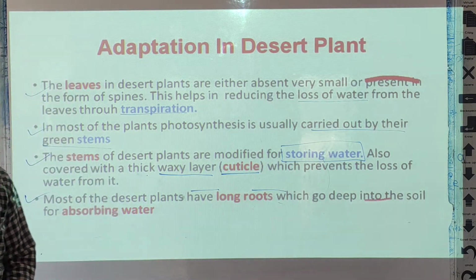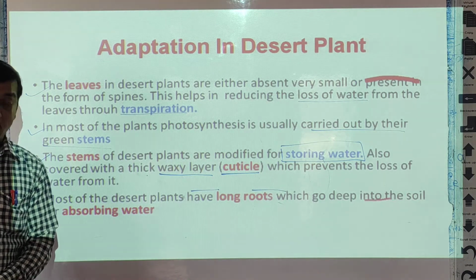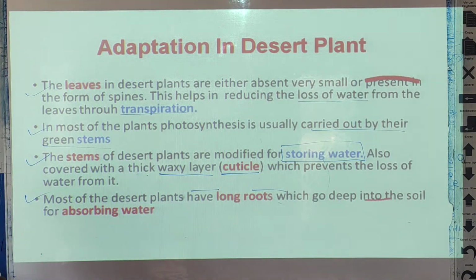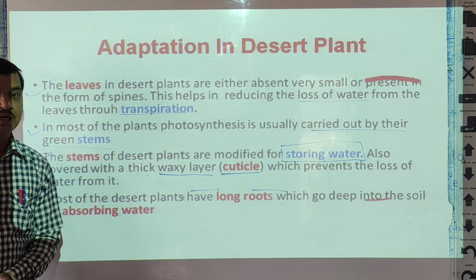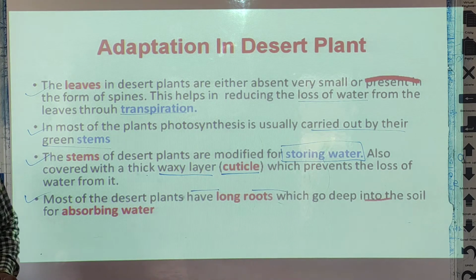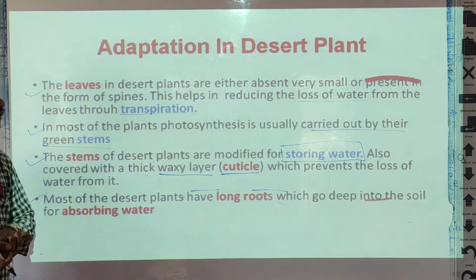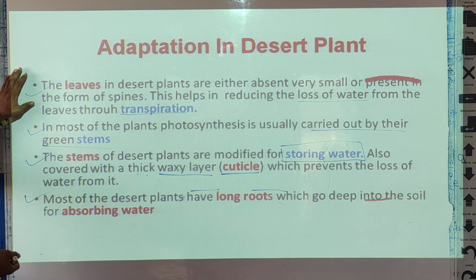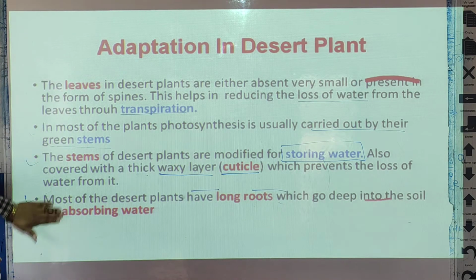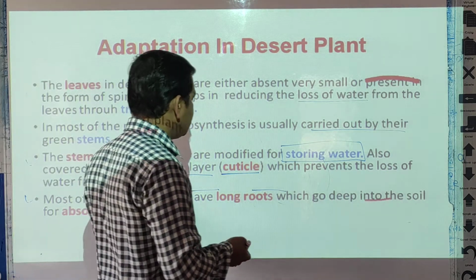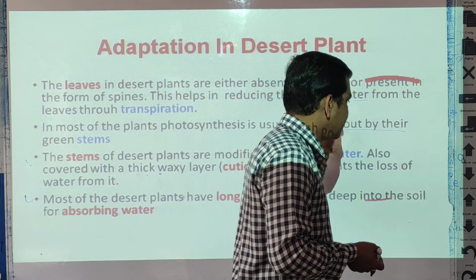Last point of the desert plants: most of the desert plants have a long root system which goes deep under the ground in search of water, to absorb the water and minerals. So these are the main specific adaptations. You can prepare all these adaptations, and I already told you an example. You can consider the example